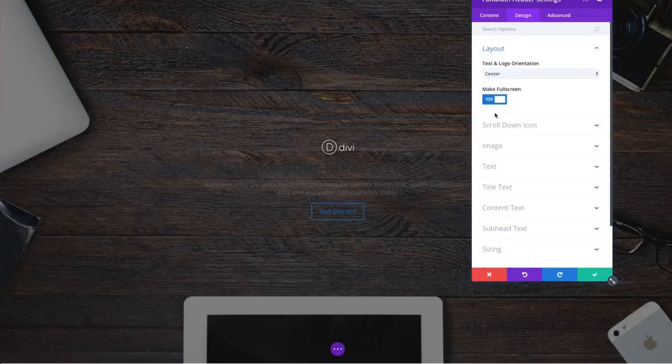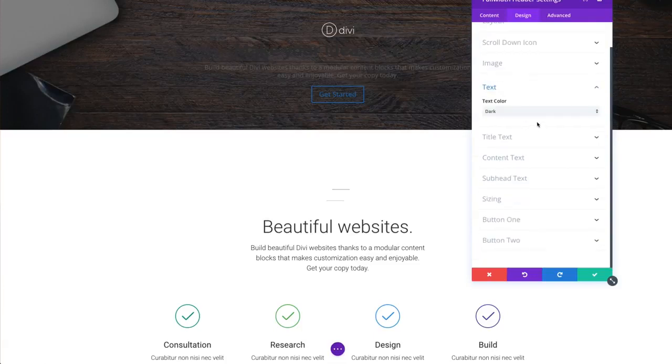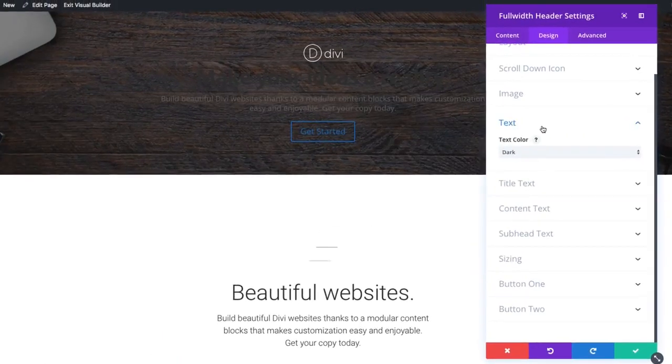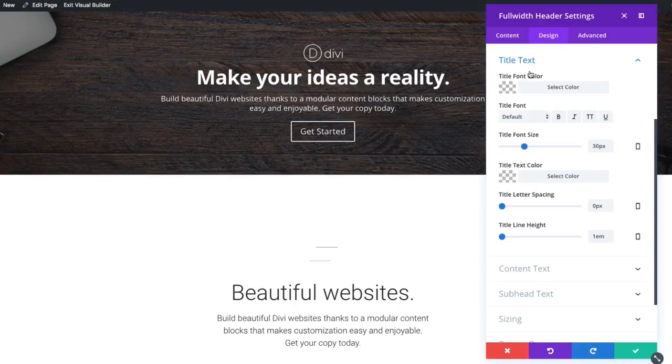But for now, I'm just going to keep it without the full screen. And if I wanted to, I can go down to the text option. Specifically the text color, I could toggle it dark or light. If I toggle it light, it makes all the elements within the header module light, or white in this case, including the title text, the subhead text, and the button. If I wanted to give the actual title text a specific color other than white, I could do it here,